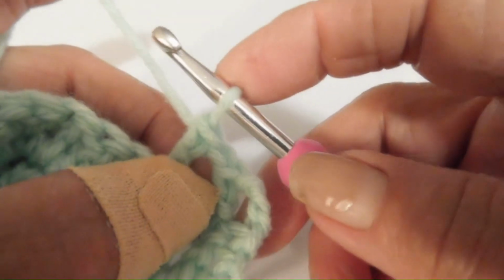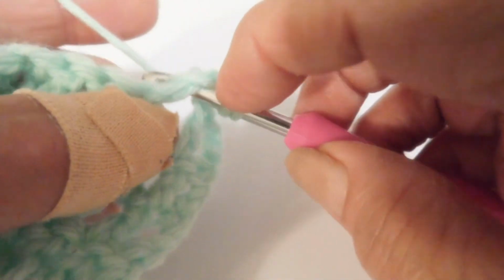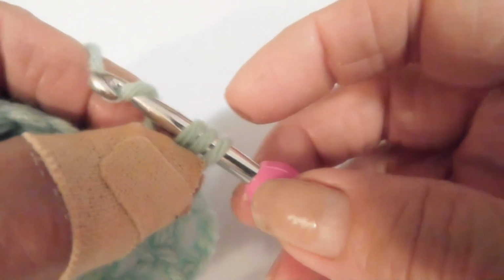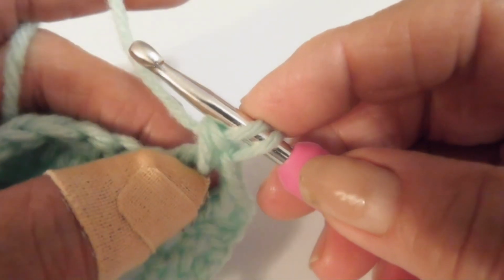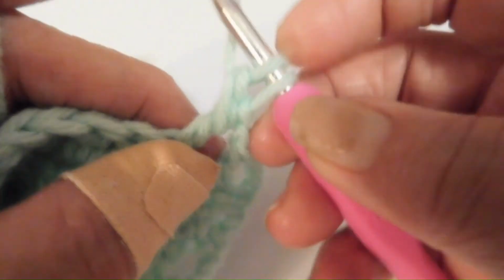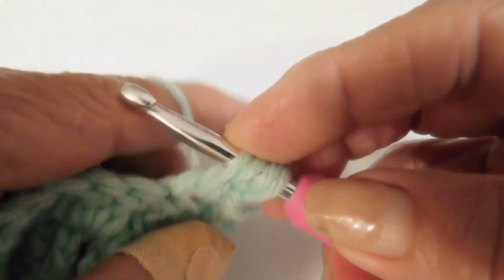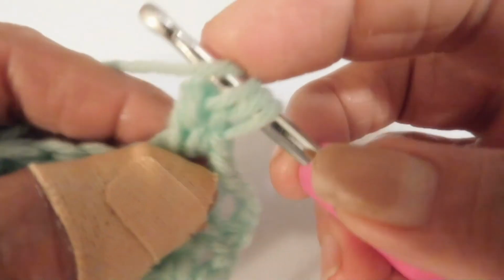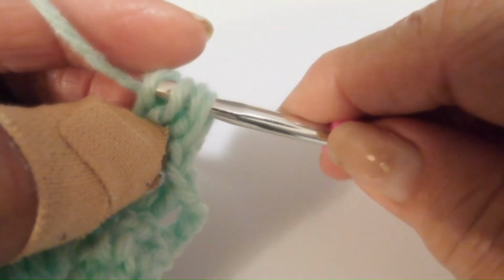Okay, so you remember, we're going to yarn over, go around that double crochet, pull up a loop, yarn over, go through 2. We're going to do that 5 times till we end up with 6 loops on our hook. So, yarn over, around the double crochet, yarn over, draw through 2, yarn over, around the double crochet, yarn over, pull through 2,